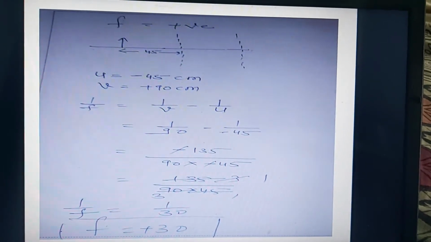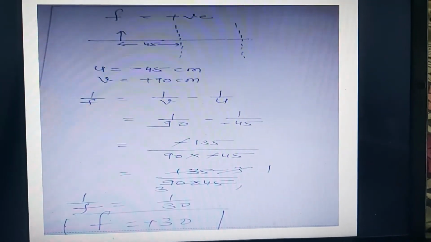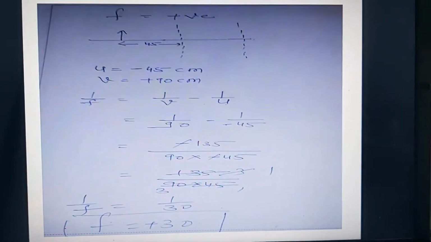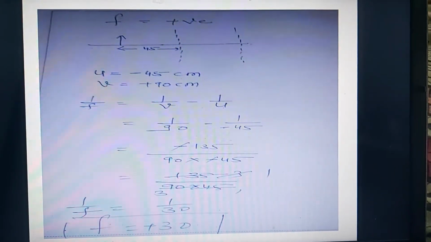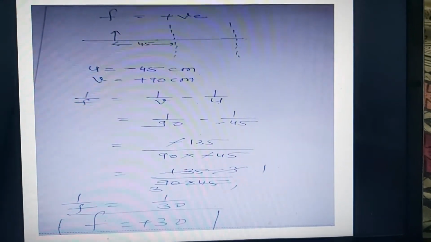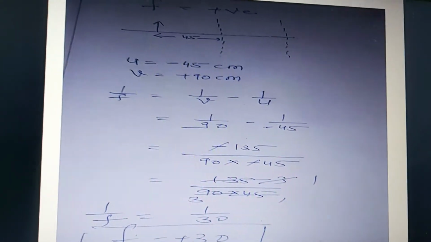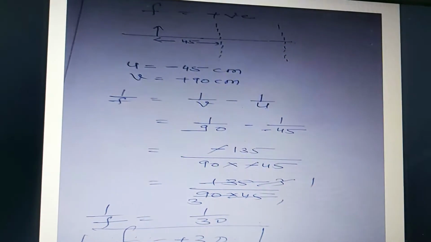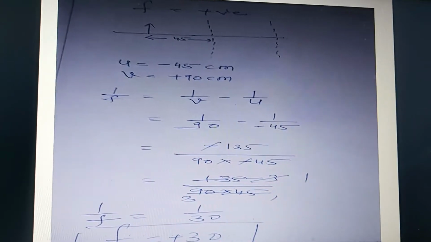It's on the right-hand side, because the question says that the image is formed on the other side of the lens. So a concave lens can't do that. A concave lens forms a virtual image every time, so it must be forming on the same side as the object. What is the focal length of a convex lens, negative or positive? We already studied: for a convex lens, the focal length is always positive. So a concave lens will not be there. Now we will proceed forward.